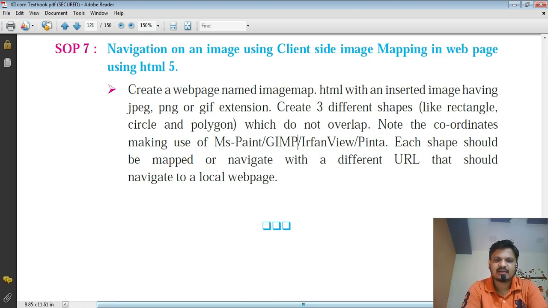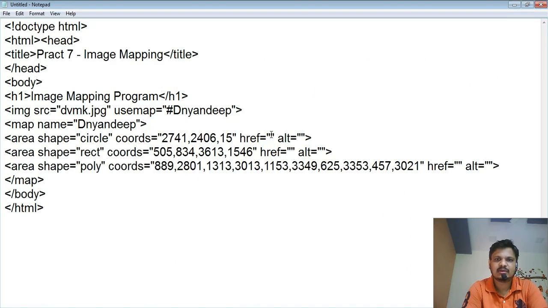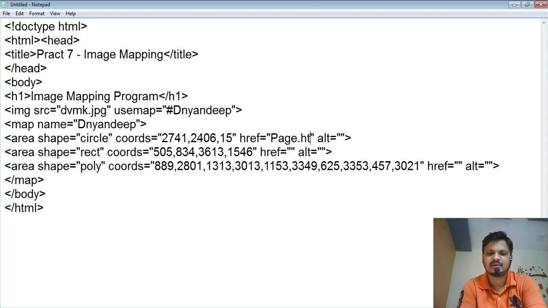So you can put the file name directly in href. Directly the file name, like page 1, you can write page1, or for the circle it is the entrance, so you can write entrance.html or page1.html. Simply I put page1.html.